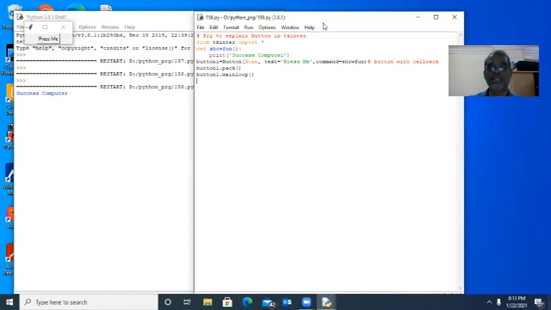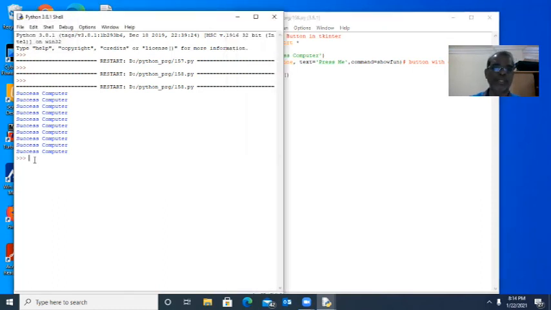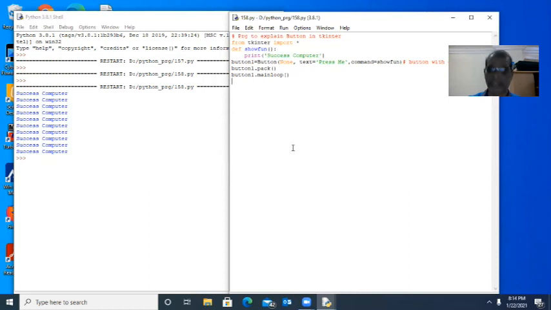Mainloop, already we studied. It is the last line of the program. Once it starts executing, it runs continuously, indefinitely, until we close the GUI application. Once again click, once again click. Whenever I click the press me command button, button one, each and every time this will be called indefinitely. So here, mainloop starts a program. It runs indefinitely until our GUI application program is closed. Now I close the GUI application program. Then only it comes out of this. This is the concept behind GUI programming.